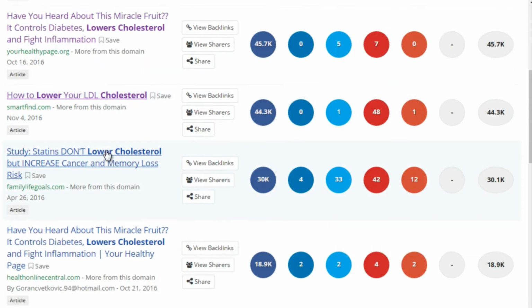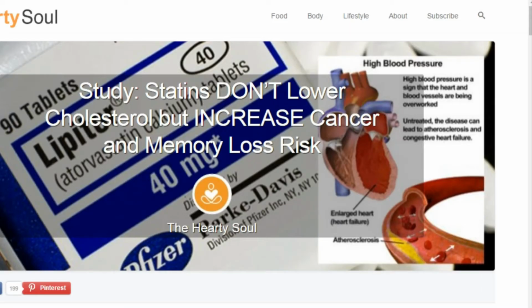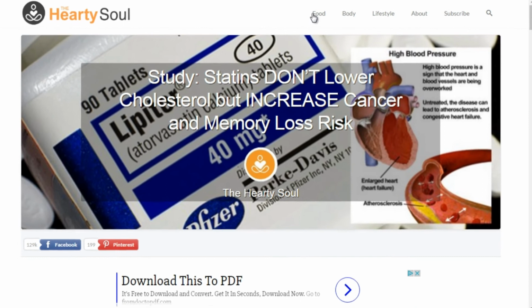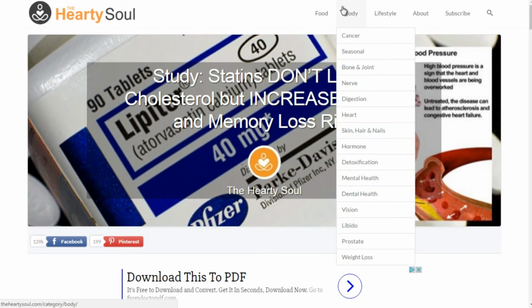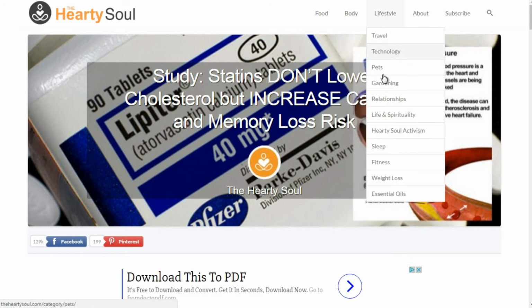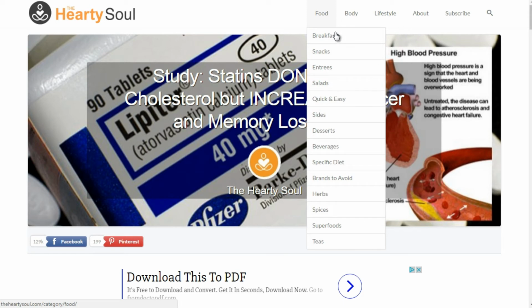And by doing so, this is a good way to figure out topics as well, which we'll talk about later on. But let's just take a look at the sites and see what they are doing. So if we go here, it's theheartysoul.com, and we can see they have different sections: one for food, one for body, one for lifestyle. It's just these three categories, and then they have subcategories within each.